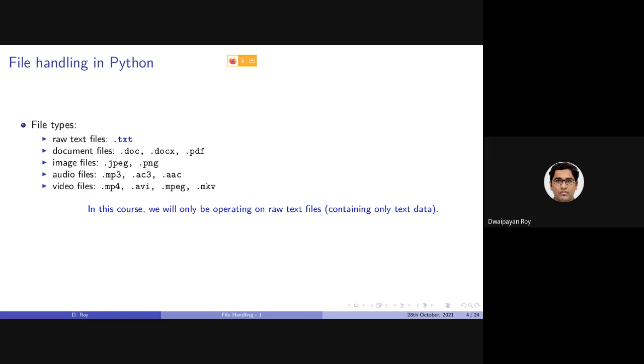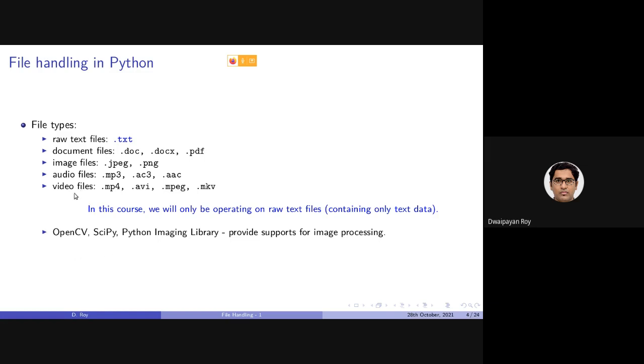But let me give you a little clue on where to get started. There are certain packages like OpenCV, SciPy, and Python Imaging Library. These are packages which provide support for image processing as well as video processing.